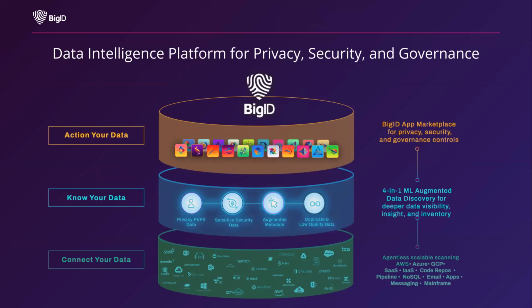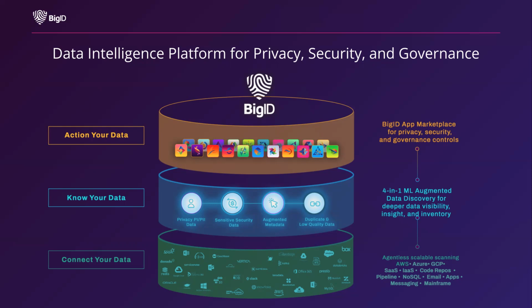The middle layer is where we know our data. So know your data means being able to add that automated classification. So knowing what the data is, defining it, what it is, who it belongs to, what it means, so that we can do things like knowing what is your privacy data, or what is sensitive security data, or how do you have augmented metadata with things like